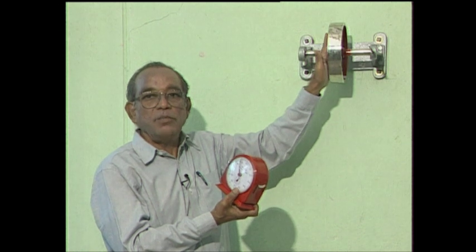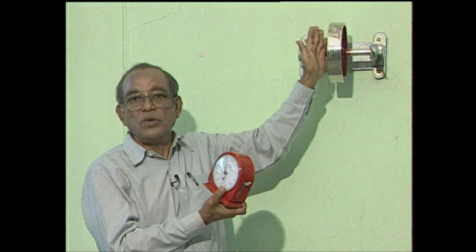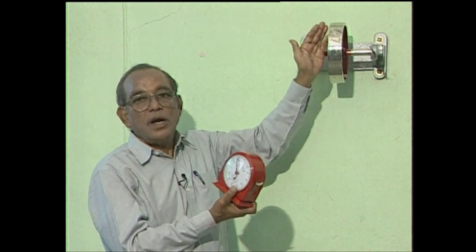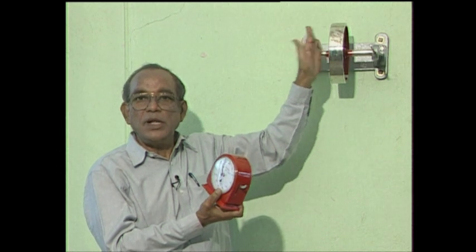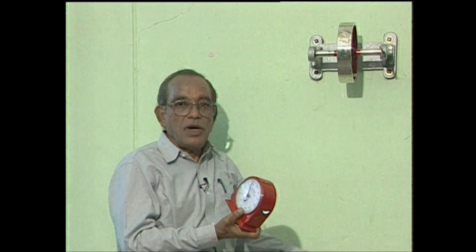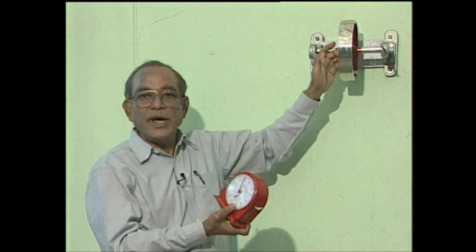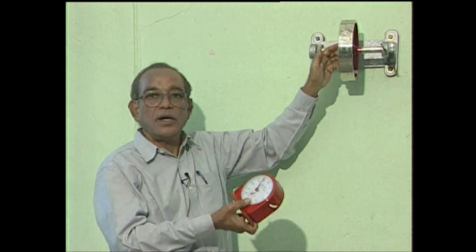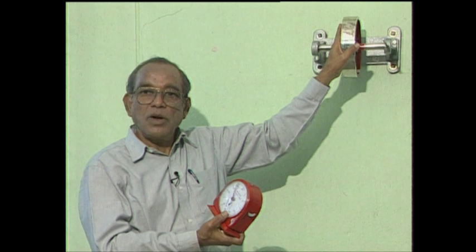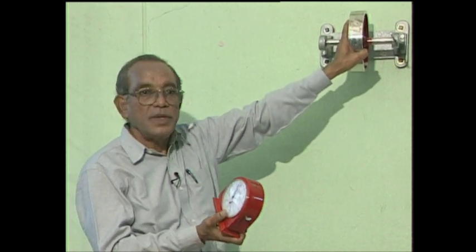We should not make the wheel stop. By itself it should come to rest. It may be going back, but do not count it. Till it comes to rest, till then we have to count the number of revolutions. So, in this case we have found that the number of revolutions after the weight has left the axle or touching the ground, it has made 124 revolutions and the time for which is 2 minutes 55 seconds.